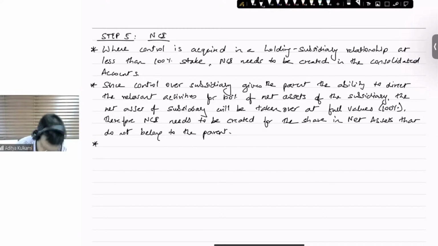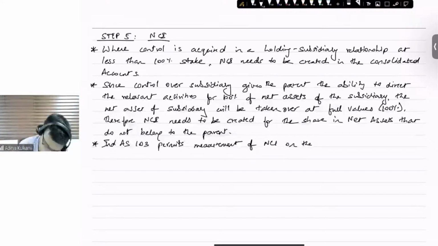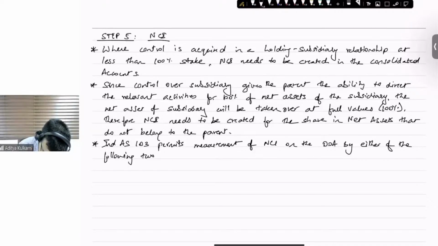We discussed this, 20% stake. Ind AS 103 permits measurement of NCI on the date of acquisition by either of the following